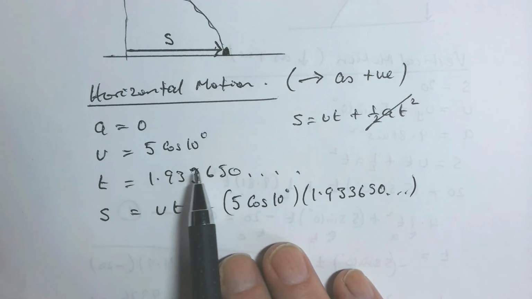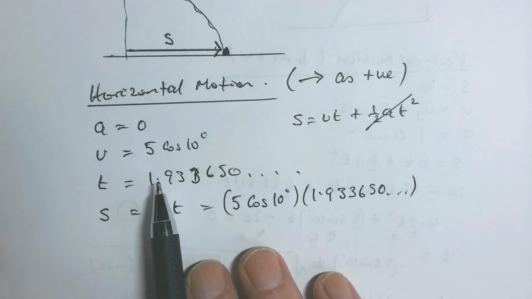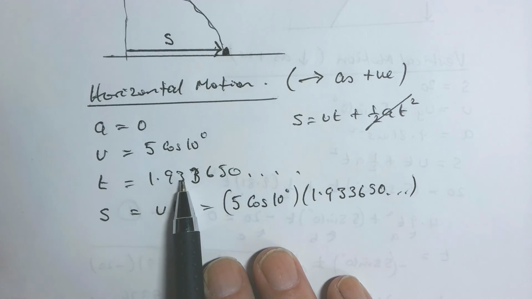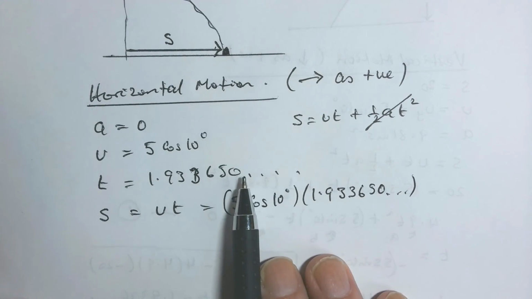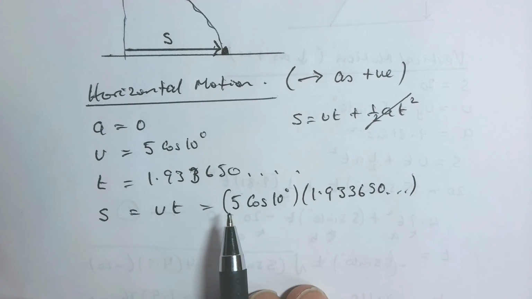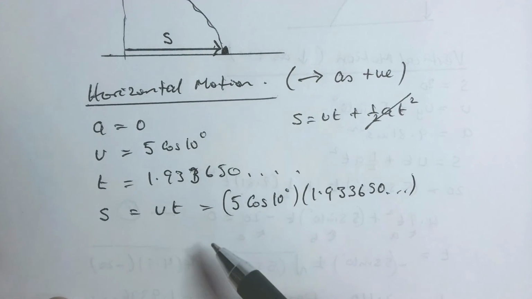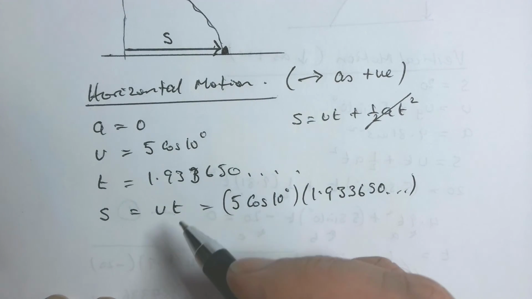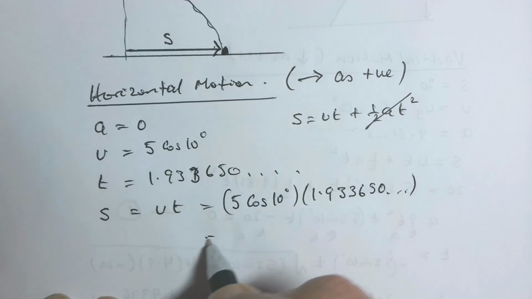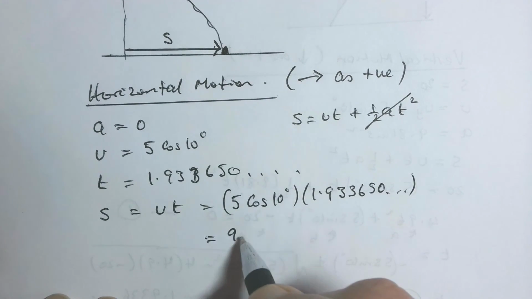Notice that I'm not using the value that I wrote down to 3 significant figures. I'm actually using more significant figures in this calculation, and then I'll round it to 3 significant figures. In that way, I'm not going to produce an inaccurate answer. Now when you work this out, it comes out to